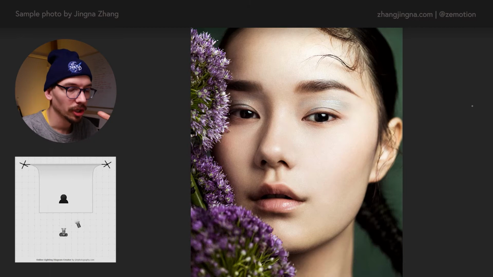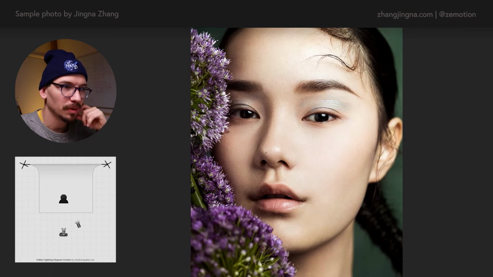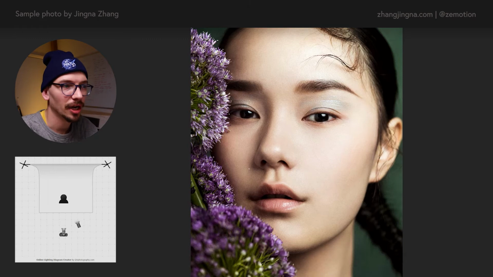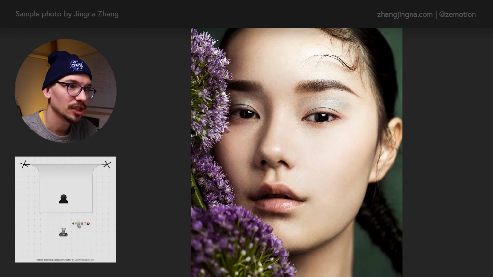The first thing we're going to look at, again, is the shadow direction. We can see here the shadow's coming in down, and if we draw a line from the tip of the shadow to the thing that's casting the shadow, we go straight across here. The light is coming from this direction, which is also revealed by the catch lights in the eyes, that the light is over here.